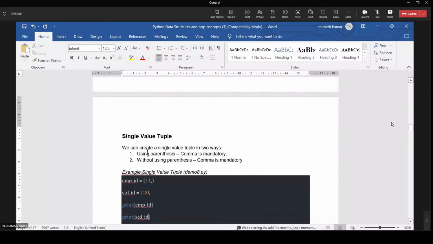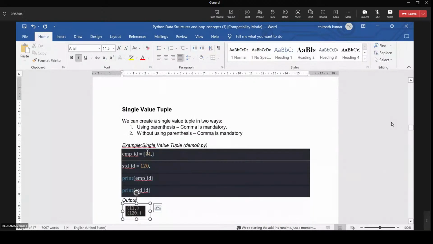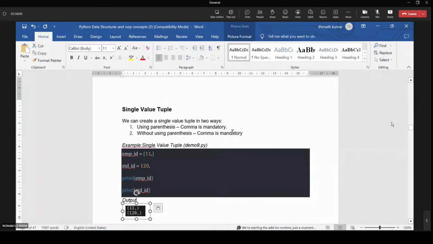Single value tuple using parentheses, the comma is mandatory, and without using parentheses the comma is mandatory.